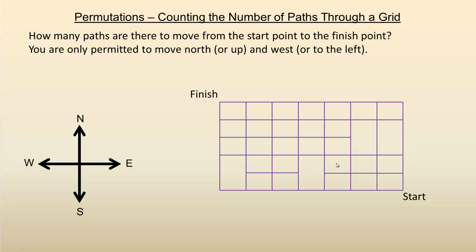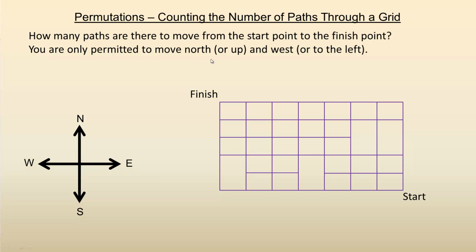In this tutorial, we're going to take a look at counting the number of paths to go through a diagram. So this is the diagram here, and this is the start point, and this is the finish point. And you're generally, for these, given some kind of instructions about how you're allowed to move or not allowed to move. So this one, it says how many paths are there to go from the start point to the finish point,